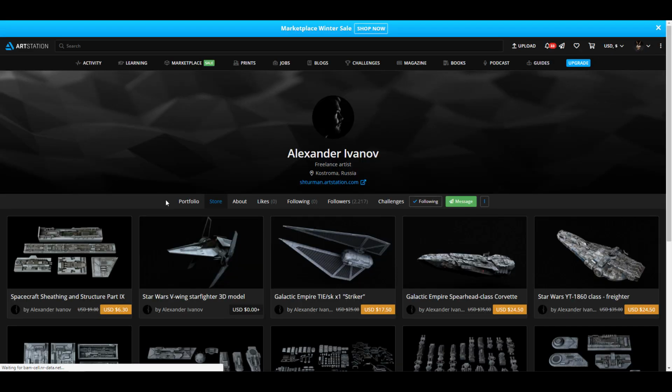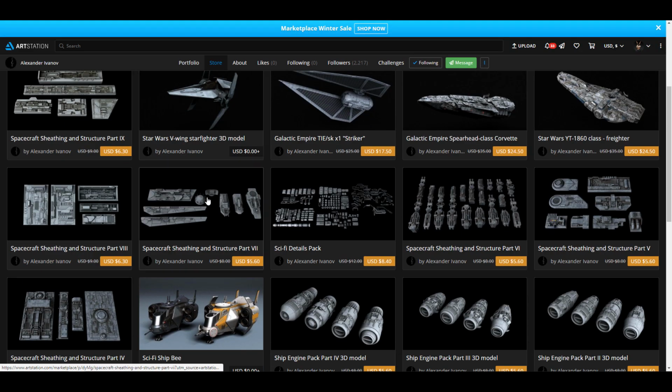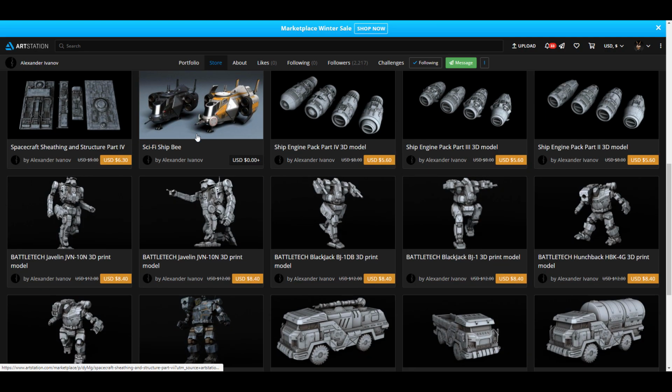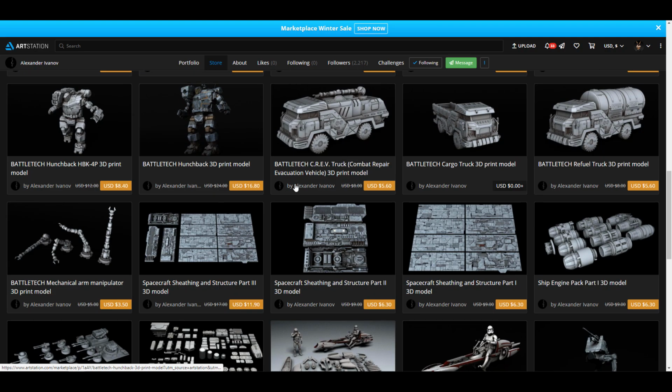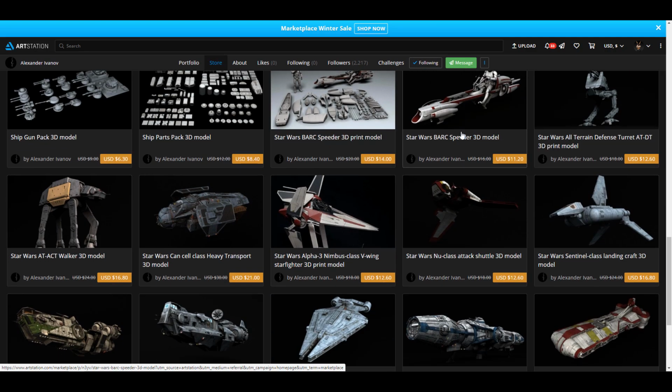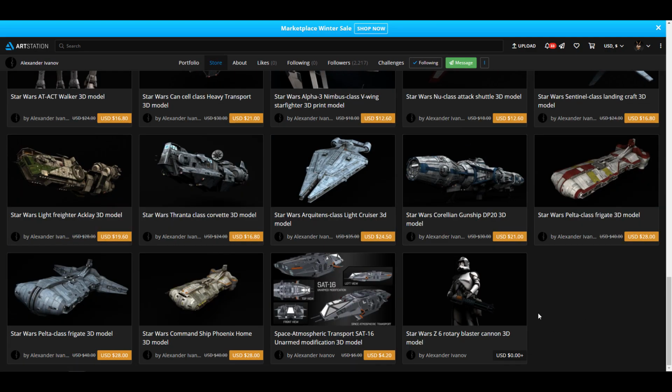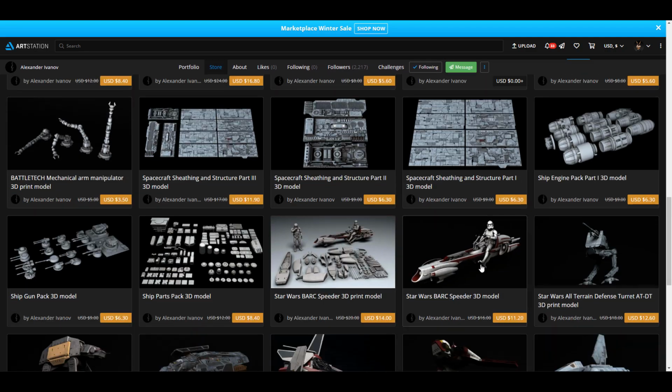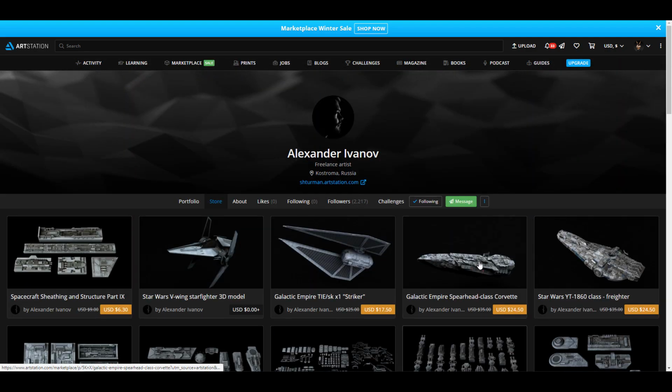So if we go over to Alexander's page, you would also find more assets. Okay, this is very beautiful. So there are more and more assets that you can grab, free assets by the way. If you're looking for some Battletech cargo truck, nice one, you can get that here. You're looking for some spaceship, you're looking for some stormtrooper, you know, some cool stuff are here. So take a look at these, see which of them interests you, and you can grab them. High quality stuff for the week.